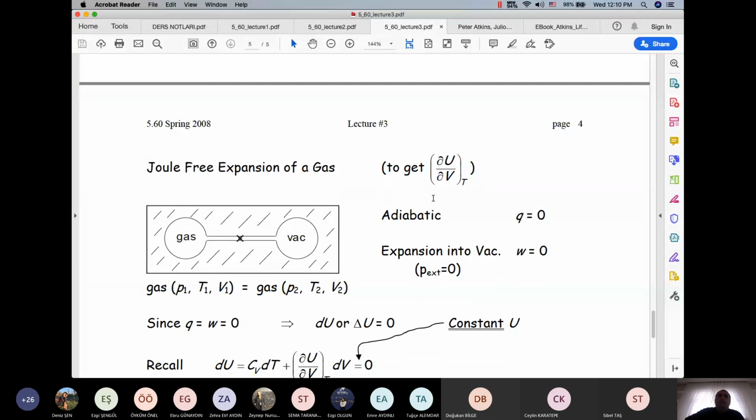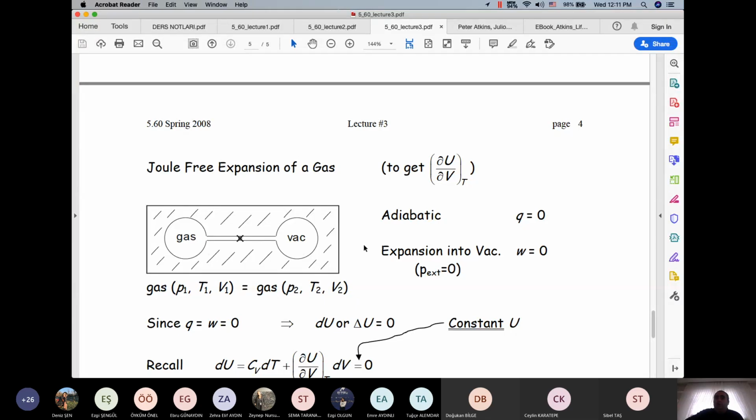He designed an experiment in which he created an isothermal heat bath and put the gas in one cylinder. The other side of the cylinder was vacuum. So when I open this, since there's no external pressure over here, the external pressure is 0, there will be